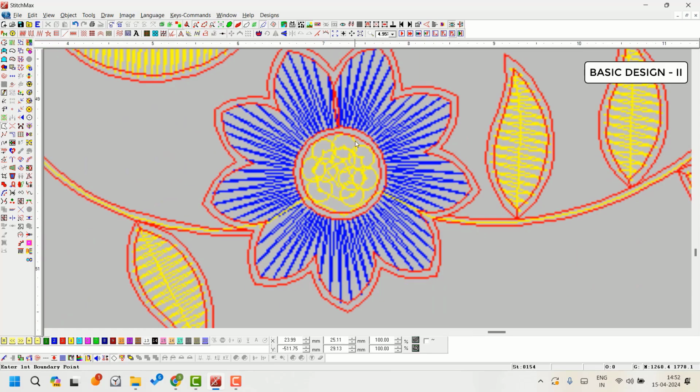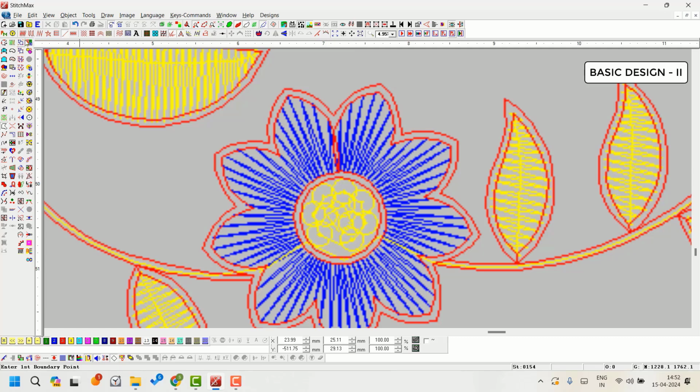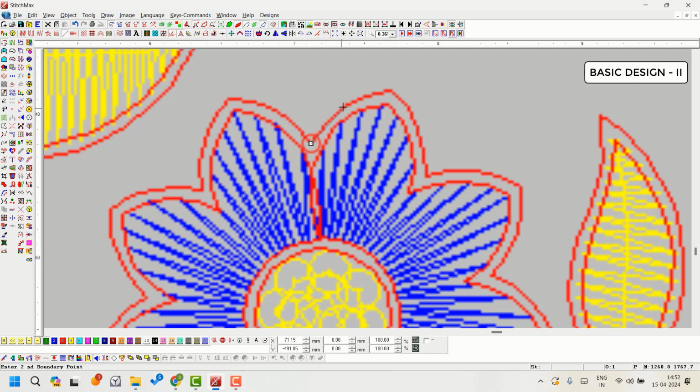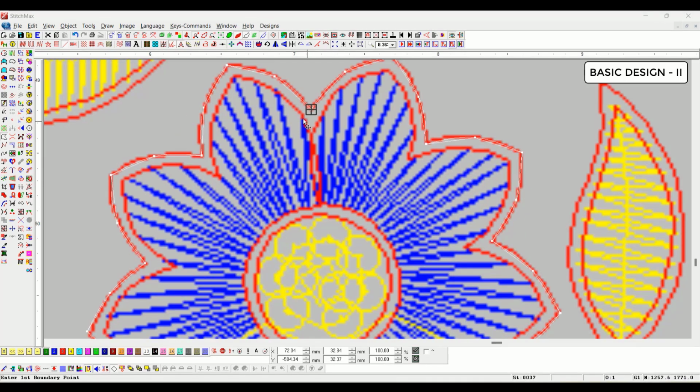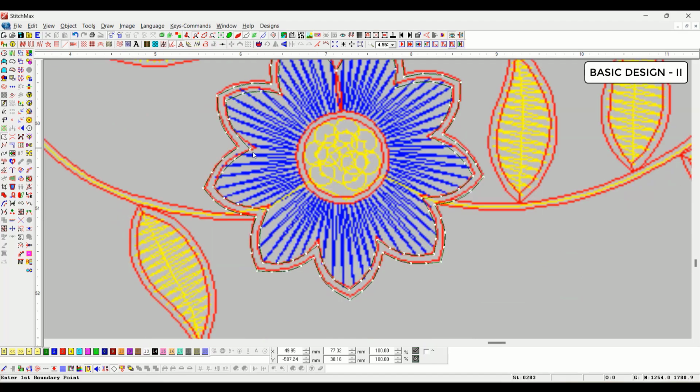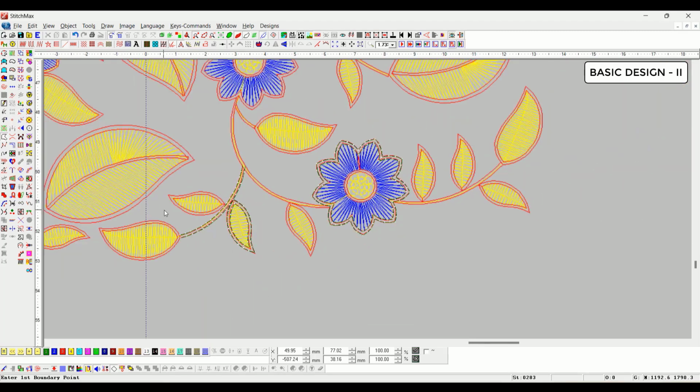To draw flowers, you also have to use the Bezier with line fill. Create objects by using left and right clicks. After completing the object, you have to set the length, then Alt plus U for inside and Control plus Alt plus U for outside. So in this way, you have to draw all the circles and fill all the lines to create the objects.